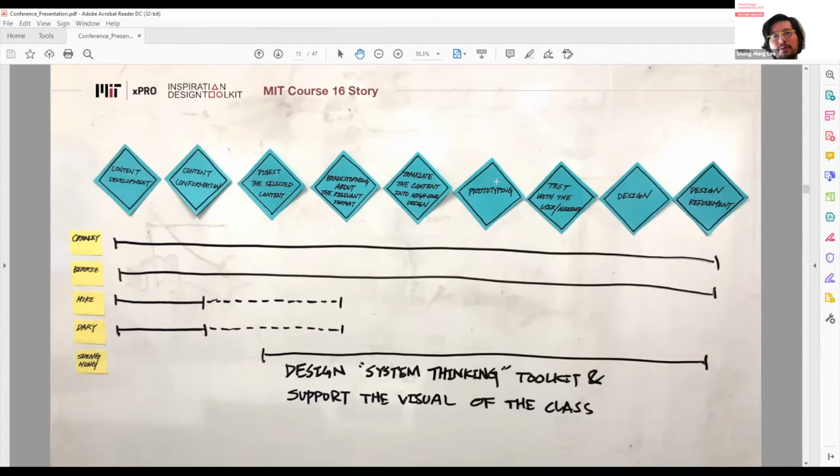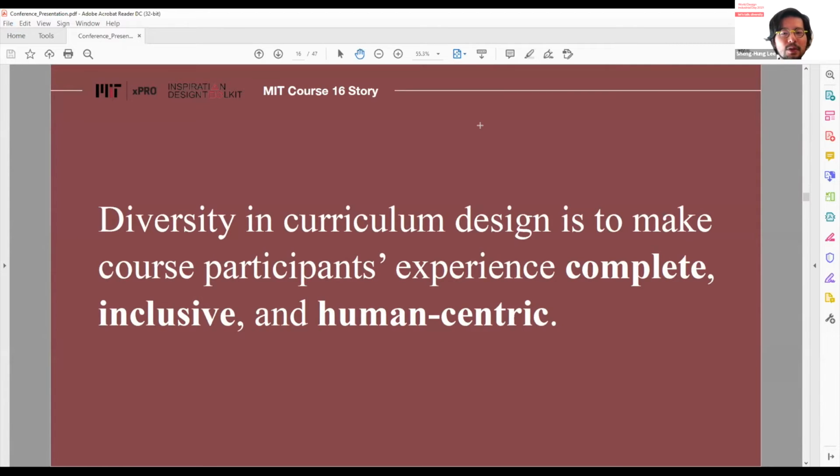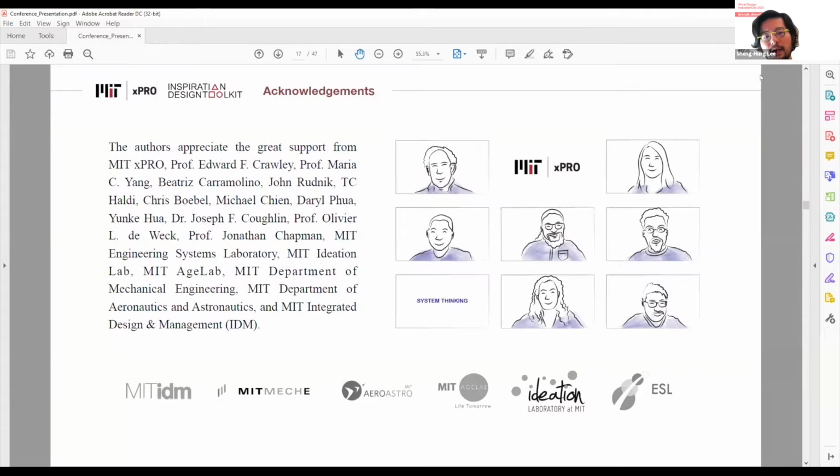So another way of working model for them is super exciting. I think diversity in curriculum design is to make the course participant experiences more complete, inclusive, and human-centric. And that really reflects the way we design this toolkit. And today, I really want to introduce a little bit about this toolkit design process and the story behind